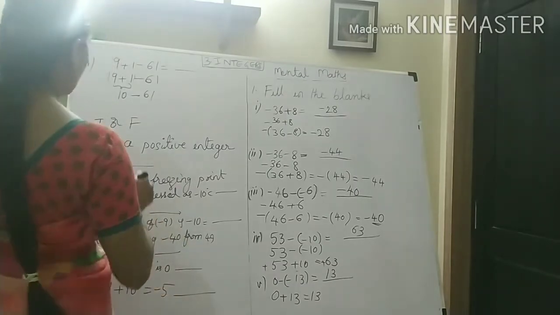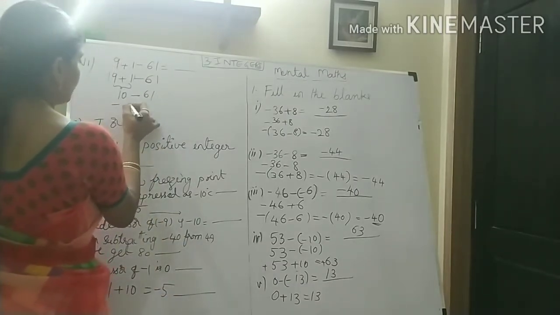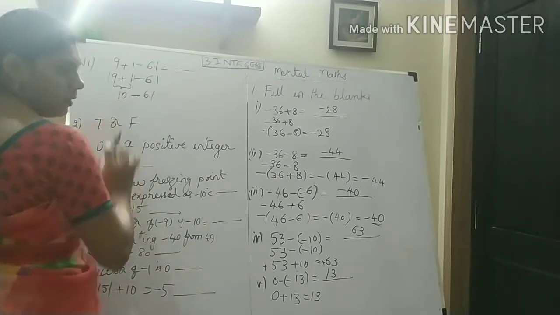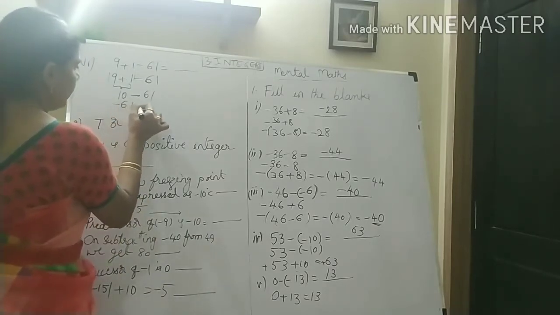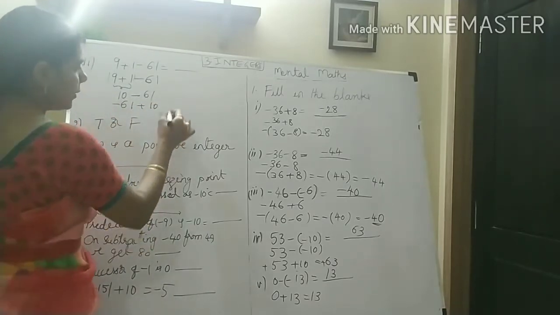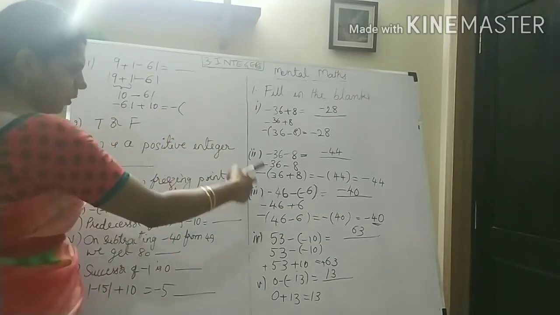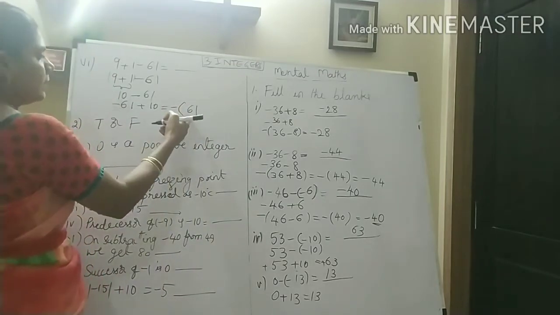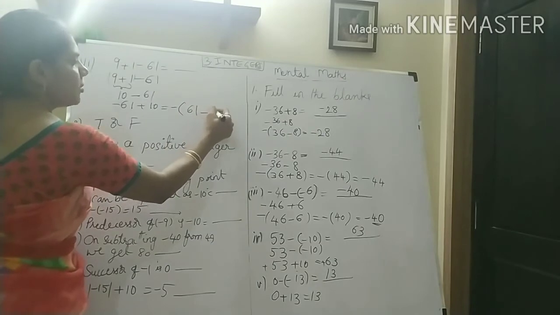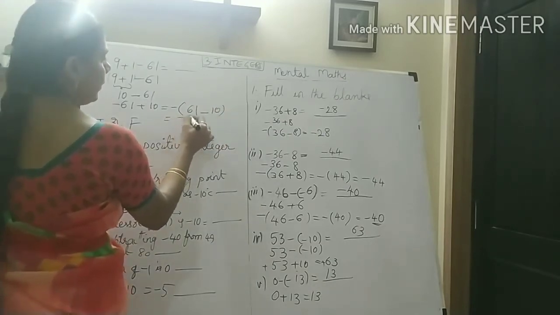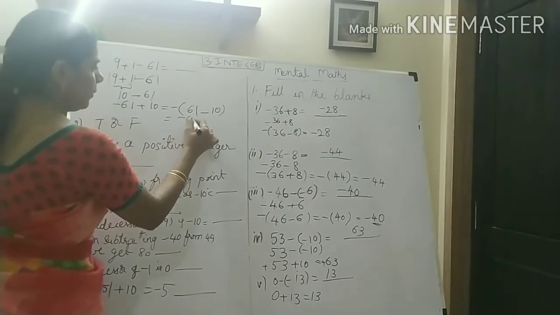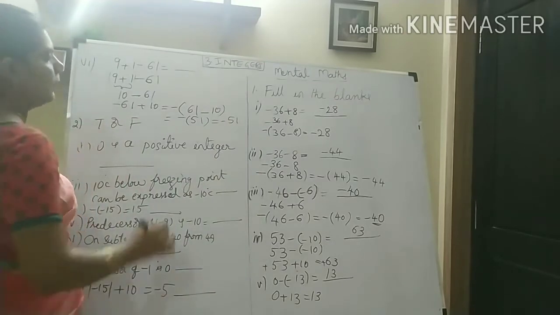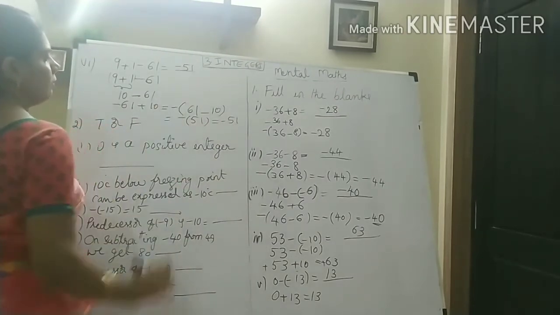Okay. Now what will you do here? Here also as usual take minus common. So just now see, just shifting these numbers here. Minus 61 plus 10. Now what will you get here? See, minus I am taking common here. 61. So this will become plus and this plus 10 will become minus 10. Now what you get here? Minus of 61 minus 10, 51. Now again apply this minus and removing these brackets, you will get minus 51. Okay. So your answer is here minus 51.